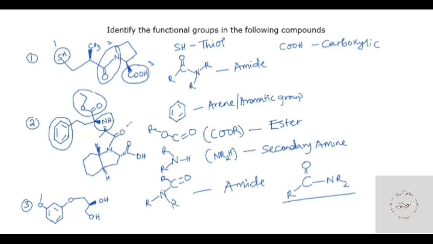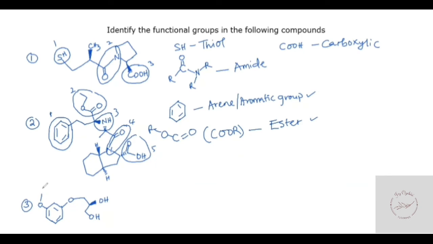And that brings us to the last one here, which is this. And we can already guess what that is, right? We've met it before. So that will be COOH, and that is a carboxylic acid. Okay, so we are through with this, and we can count. We have 1, 2, 3, 4, and 5.